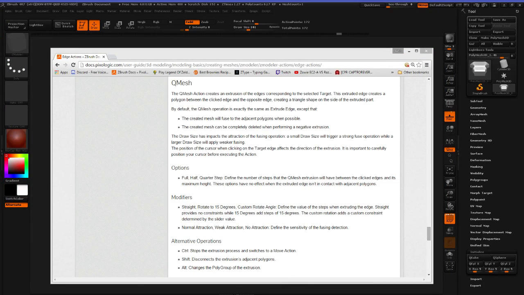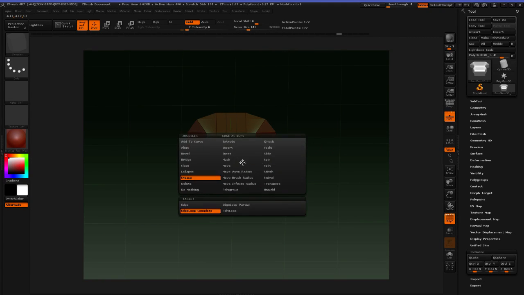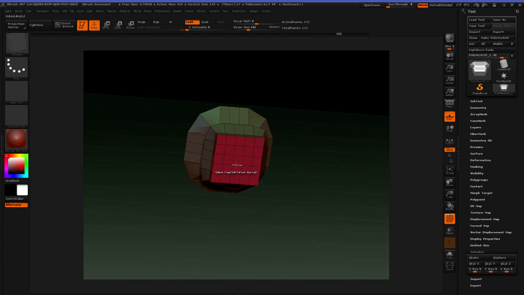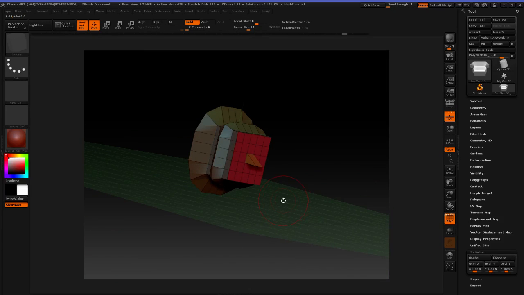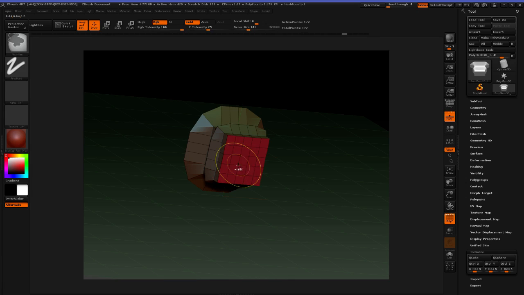With the Z-Modeler brush selected, hover over an edge and press spacebar to open up the Z-Modeler Edge Action menu. Locate the Q-Mesh action. With the Q-Mesh action selected, you'll have a series of targets and then some modifiers down below. To start off, let's select the edge target. Returning to our model and simply hovering over an edge and then clicking and dragging will produce the Q-mesh action on that edge. Okay, just Now when like you're an hovering over an extruder, edge, right? you'll also notice that the poly next to an edge will become highlighted. This will determine the direction in which the Q-mesh action will be applied. So if I hover over this edge here and this poly is highlighted, clicking and dragging will produce the Q-mesh